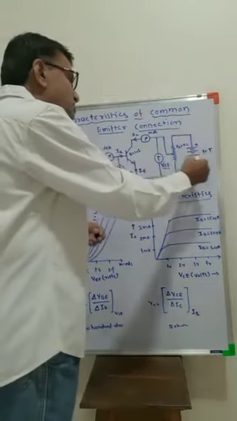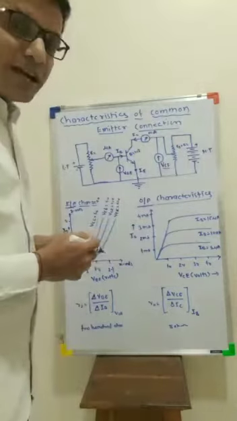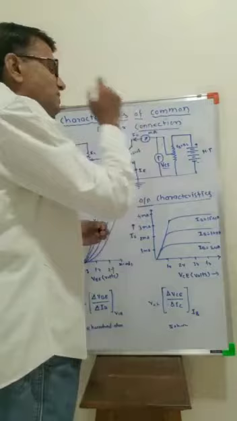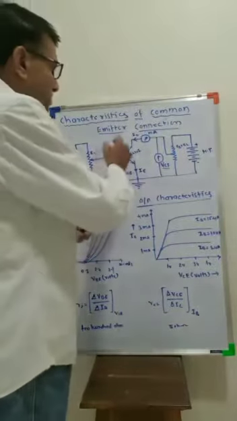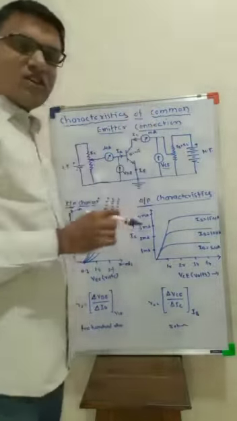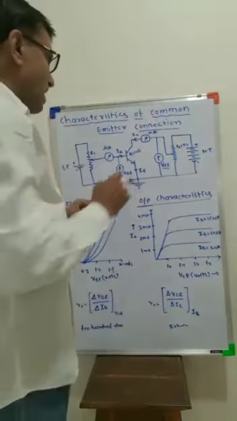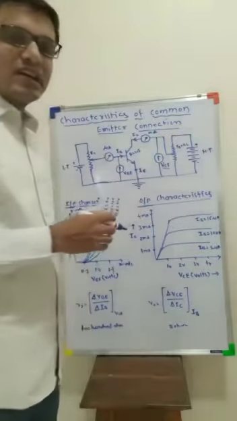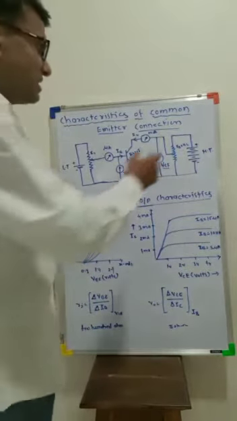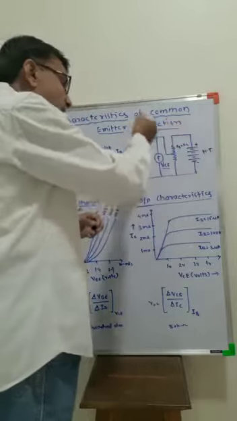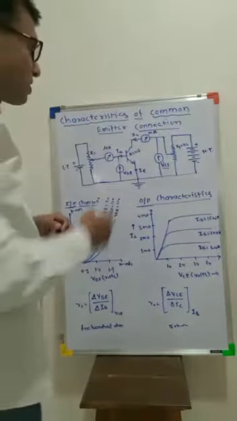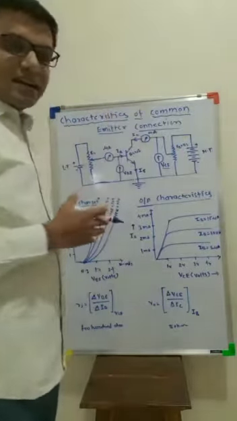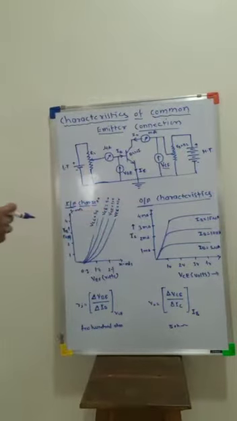Then this is the high tension battery. The high tension battery is used in the circuit because we need to break the junction. Actually, the base to collector junction is always reverse biased. We need a high tension battery connected across the output section, and this high tension battery breaks the junction and is useful for making the amplification. Okay, this is the circuit diagram of a common emitter connection.